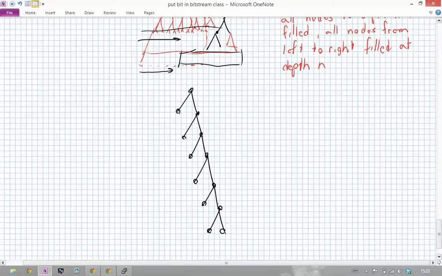How many pieces of information can I fit in a tree that's 6 deep? A lot. 2 to the 6. No, plus 1. Maybe plus 1, yeah. A lot. And certainly a hell of a lot more than 13. So that's why we have this extra notion of a complete binary tree, because an incomplete binary tree is potentially